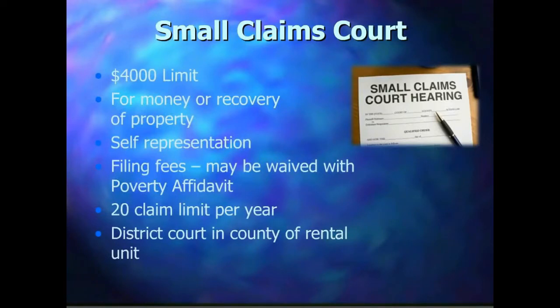The process that's involved includes filing with small claims court or limited actions. In this venue, there is a $4,000 limit that they will hear. For money or recovery of property, there's self-representation. Usually attorneys are not involved. They can be, but they are not required. Filing fees are required and may be waived with poverty affidavit. Person has a limit of 20 claims per year, and you must file in district court in the county of